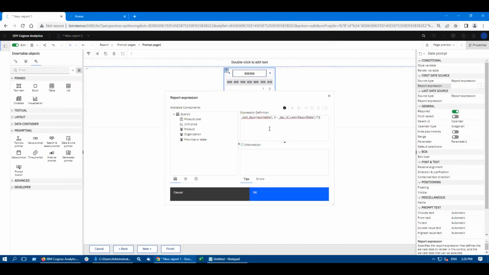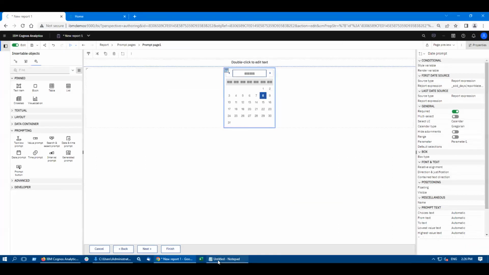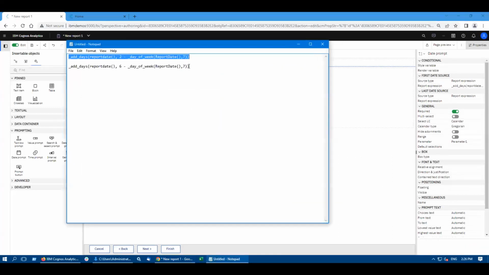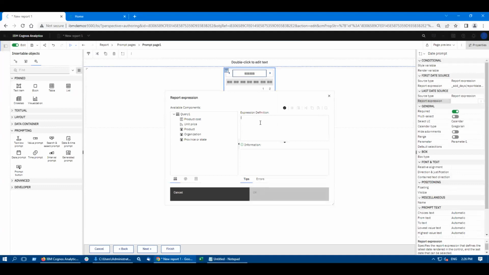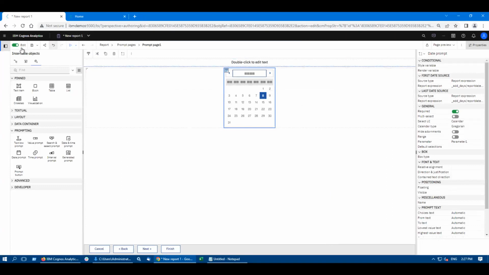So I've got date add for report date, minus the day of the week. Validate, no errors. And I've got a second one here. That's this guy out, hit OK. Now, if I run the exact same report,